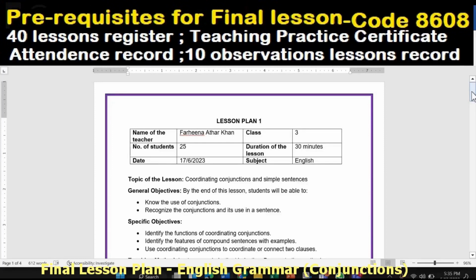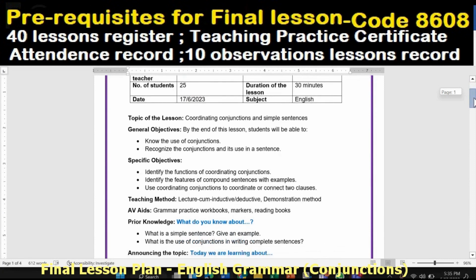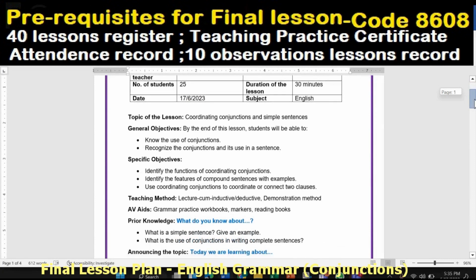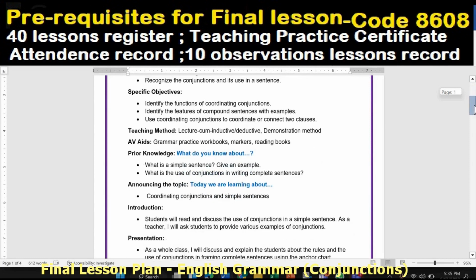Good morning, everybody. This is my first lesson plan, and it's about English, coordinating conjunctions and simple sentences. So my lesson would be about using the conjunctions and recognizing them in a sentence. Because as you know, there are many different kinds of conjunctions, and we use them to compound the sentences or